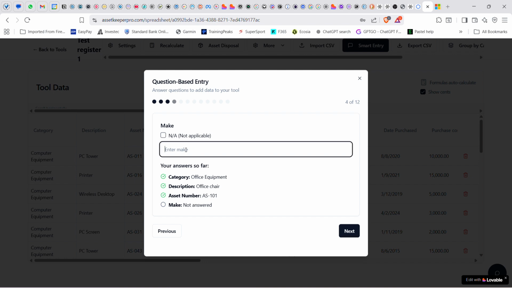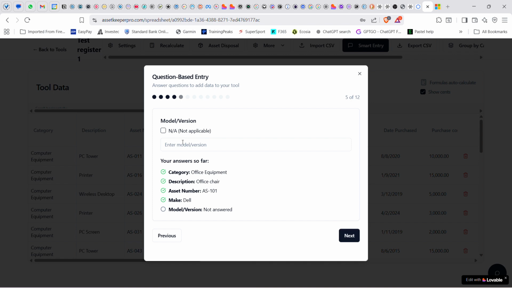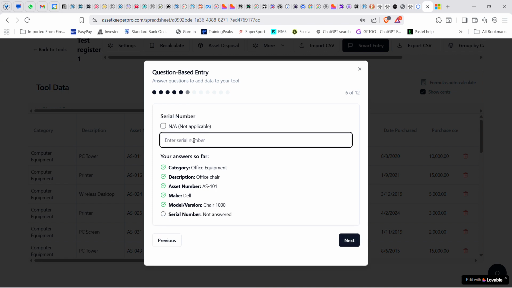Make, sometimes you don't really have a make, but I'm going to make up a name, call it Dell office chairs, like Dell, and I start to make office chairs. Model, the chair 1000 model. Serial number,